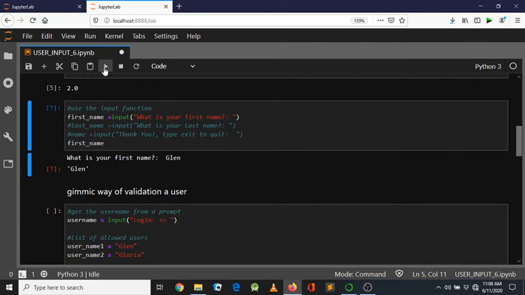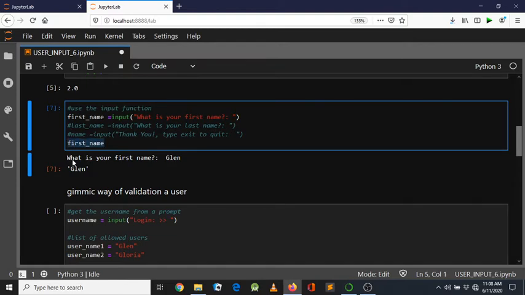as you can see right here, this comes out from this, which means that our first name Glenn has been stored inside. So I've stored the user input inside the variable name first name. So when I store it inside the variable name, I can now perform operations with it. Some ways we can do that is to actually validate a user and to see whether a user is actually valid or not, right? But before we do that, I want us to look at how Python works,